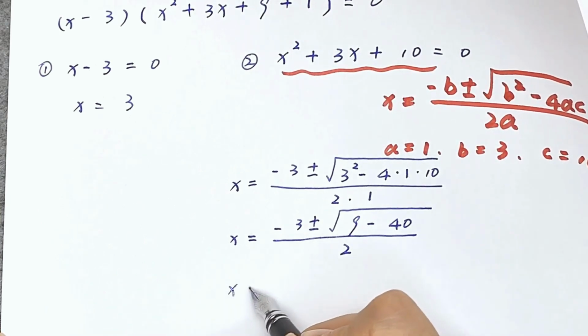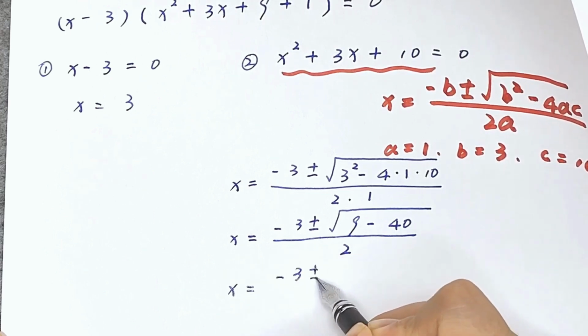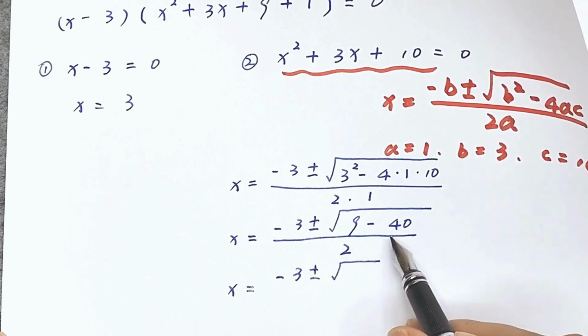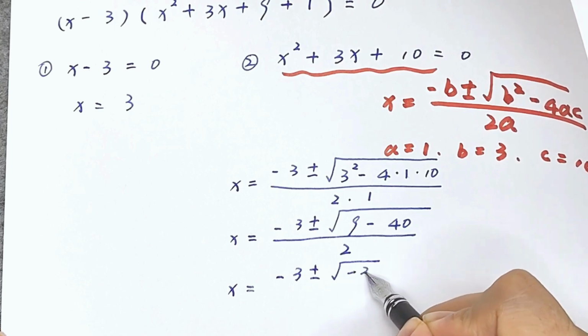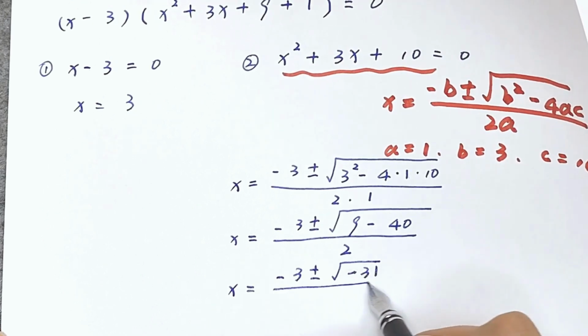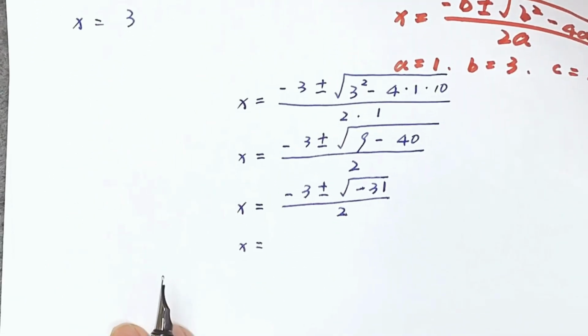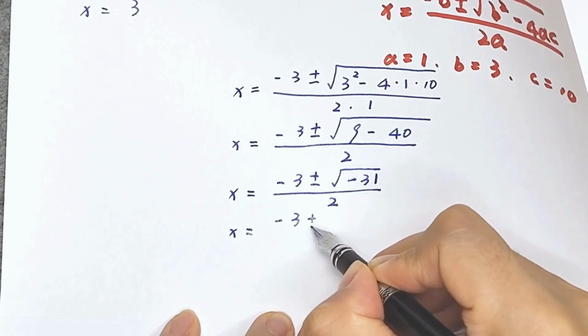X equals negative 3 plus or minus square root of 9 minus 40, which is negative 31, divided by 2. X equals negative 3 plus or minus